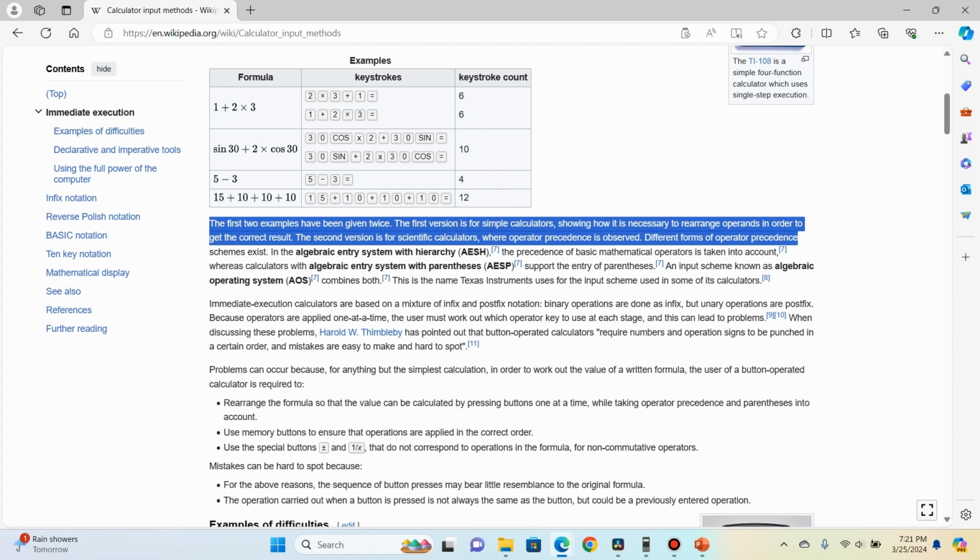And it mentions here that different forms of operator precedence schemes exist. In the algebraic entry system with hierarchy, the precedence of basic mathematical operators is taken into account, whereas calculators with an algebraic entry system with parentheses support the entry of parentheses. So it comes down to